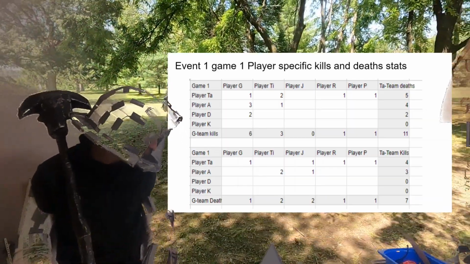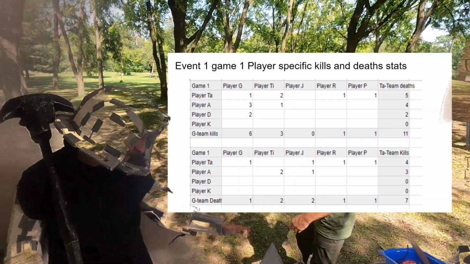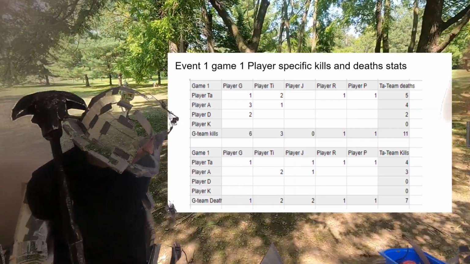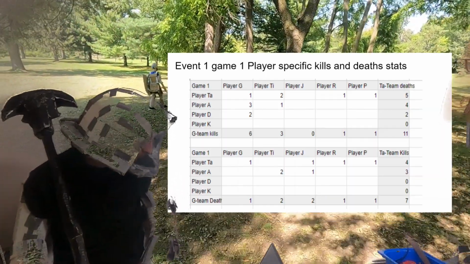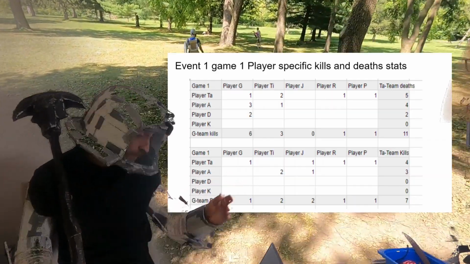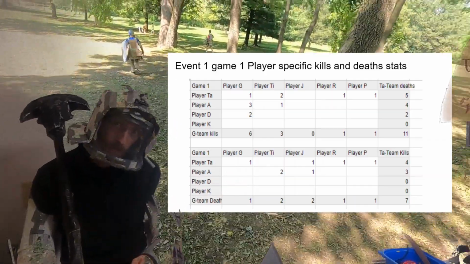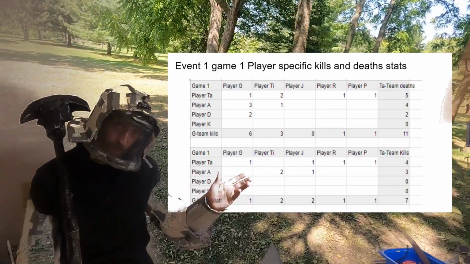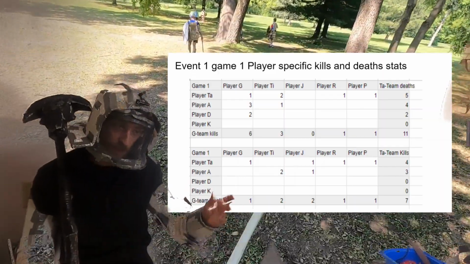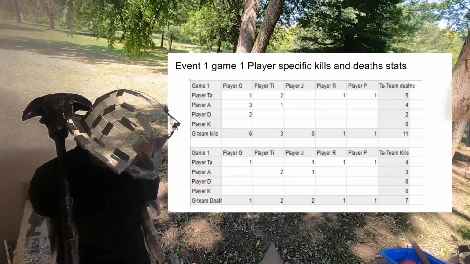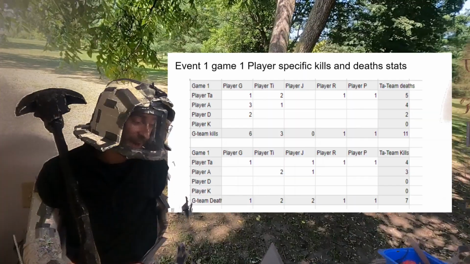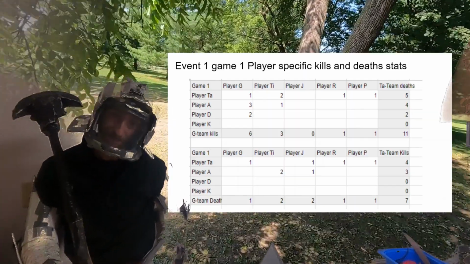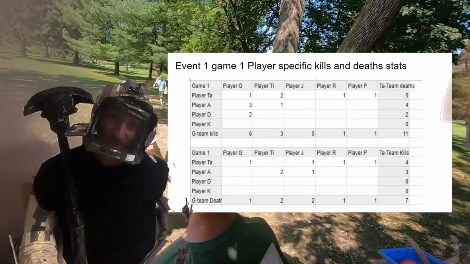In particular, it's just impressive that for this game, I did get many kills. I got more kills than the rest of my team combined. And on the opponent's team, there were 11 deaths, and on our team there were 7. And so we did end up winning the first game, and this is kind of showed because we got more kills than they did throughout the 10 minutes. Also notice an average of a little better than a kill a minute for the invaders.